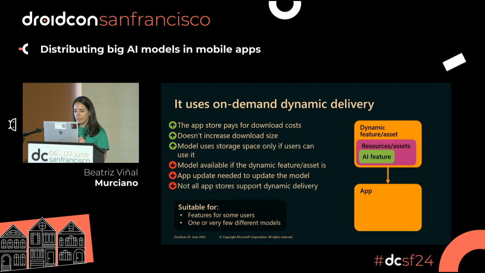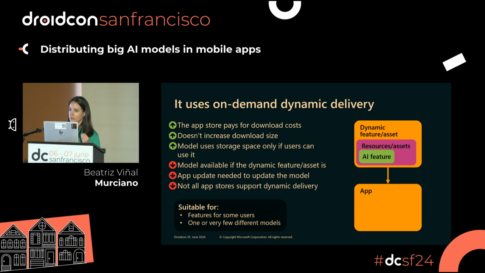So if we have a model that only some users will use, but all of them will use the same model, we can put it in a dynamic feature or asset pack. That would go for a whole talk, but in short, these are optional modules. The app can work with or without them, and you put them in the bundle that you then upload to the App Store, and they get downloaded with the app